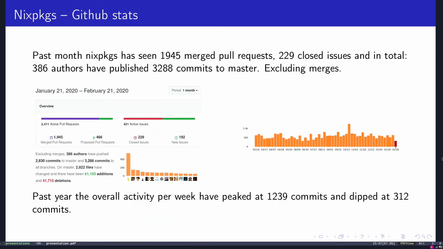And it's a very active project because it's all hosted on GitHub. So it's quite easy for most people to just come with a drive-by commit, fork something, do a change, and push it back. It's not some obscure thing to join. Most people are there. So just for the past month, we had close to 2,000 merged pull requests and 3,200 new commits on master, which is quite amazing for a community project as well.